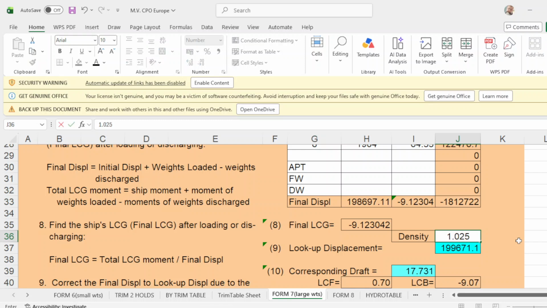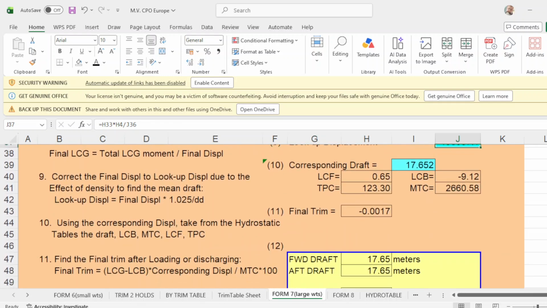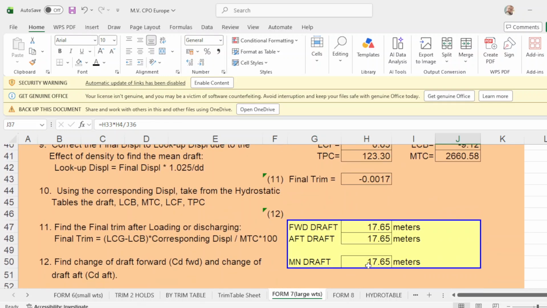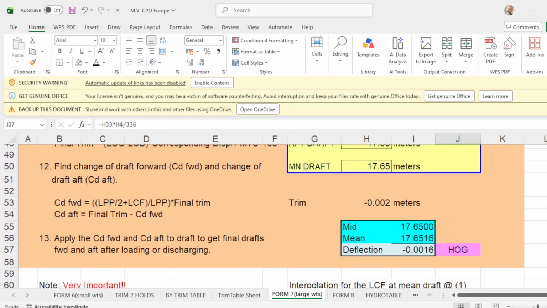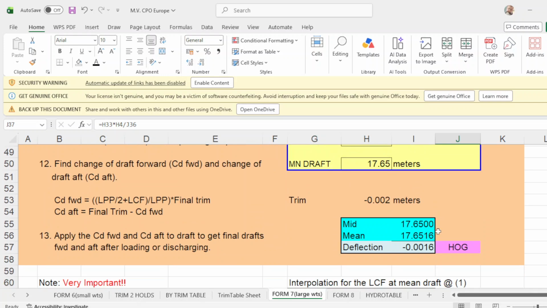And your departure drop will be forward 1765, up drop is 1765, your main drop is 765, and your trim is 0, and your mid and main drop is 765 with the 0 deflection.